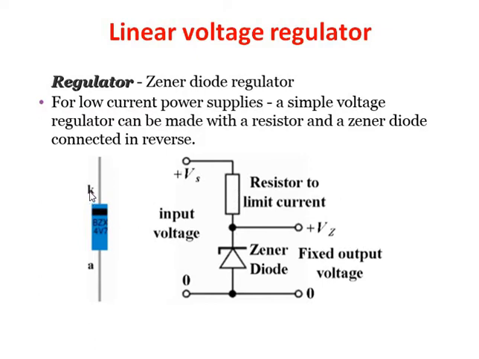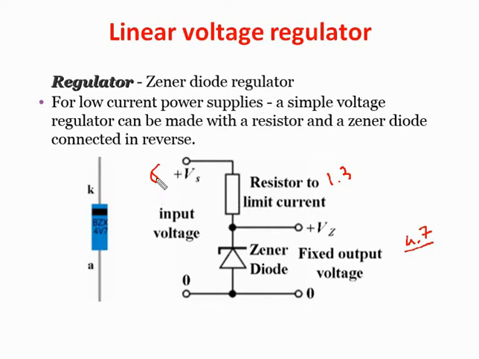Suppose we consider the Zener diode, here indicated BZX 4V7, that means its reverse breakdown voltage is 4.7 volt. So if we apply at these two terminals, suppose 6 volt, but its breakdown voltage is 4.7 volt. So across the anode and cathode we get 4.7 volt, and the remaining 1.3 volt will be dropped across this series resistance. So across the Zener diode we always get 4.7 volt.